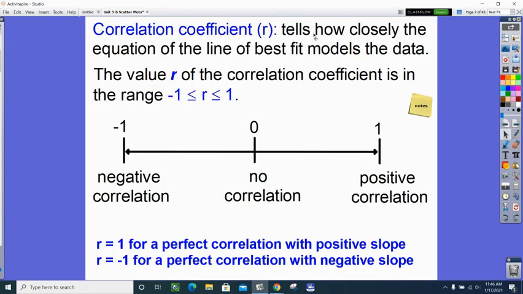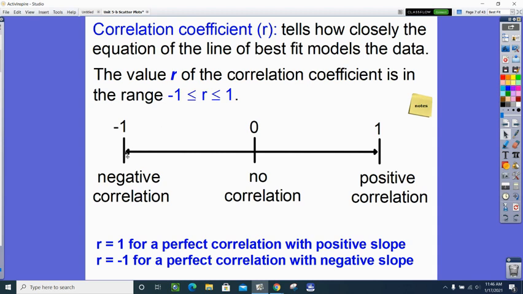So there is a thing called the correlation coefficient. Its abbreviation is R. The calculator will give you an R squared and an R. We're looking at the R. That's the correlation coefficient. And it tells how closely the equation of the line of best fit models the data. So how tight are those points to that trend line? So a stronger correlation, right? What kind of number would that look like versus a weaker correlation? So the value of R has to be